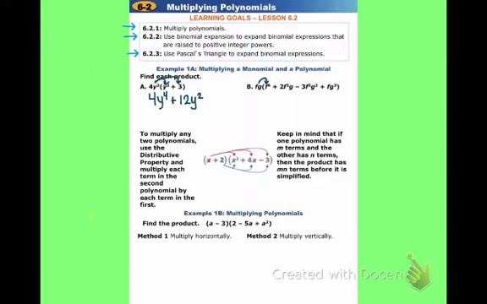In our last example, we didn't have any like terms. They had two different powers on the variables, so I couldn't combine them. That might occur here. We might be able to add some like terms. So first thing I'm going to do is actually multiply. So fg times f to the 4th will be f to the 5th times g